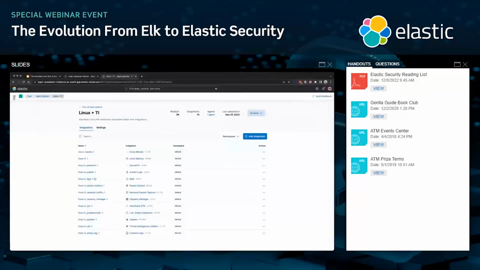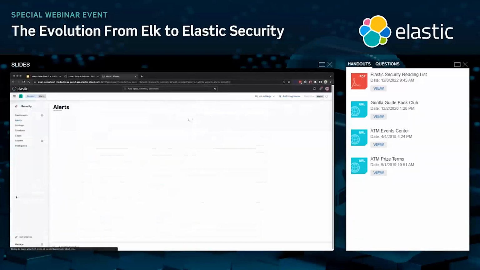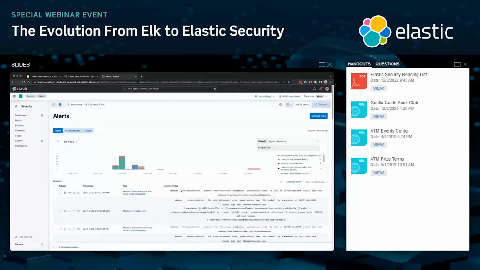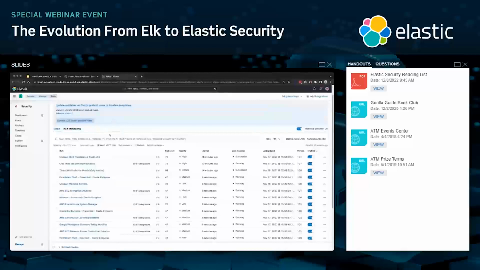The first place I want to go is under the security app. I want to drive to alerts. And from there, I'm going to drive straight into manage rules, right? Because right now I'm looking at a number of alerts that have flowed into the system, but I want to go manage the rules that are associated with this detection engine. One of the first things I might notice is that I can update the rules that Elastic is creating for me, separate from having to update the whole Elastic stack or the agent, right? I can update my rules with a single click here if there's new logic or new rules I want to apply to the detection engine.